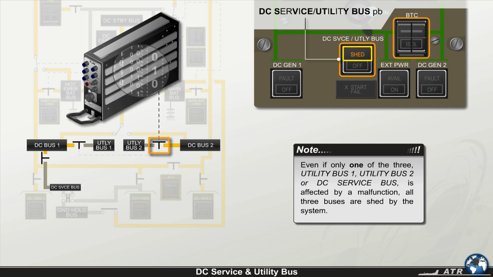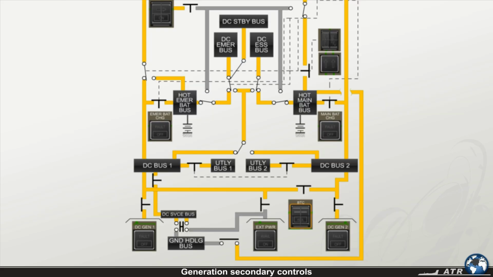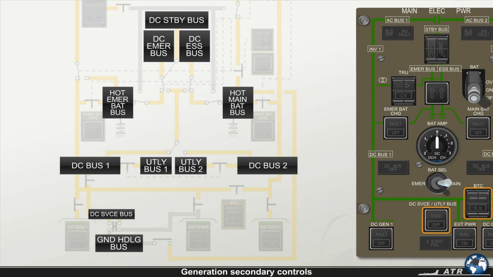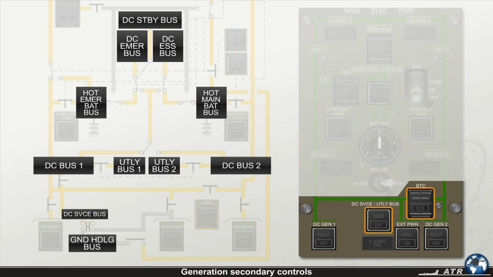Note that even if only one of the three, Utility Bus 1, Utility Bus 2, or DC Service Bus, is affected by a malfunction, all three buses are shed by the system. We've talked about the existing buses and how they're connected to or isolated from the electrical network either manually or automatically. We've looked at the main generation controls located on the main electrical power panel in the cockpit, but now